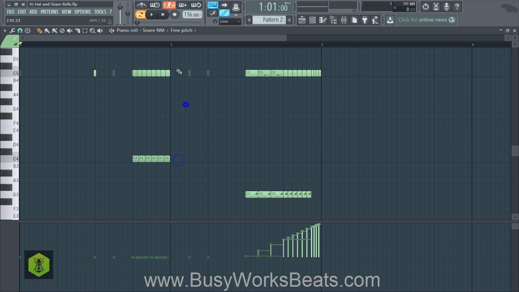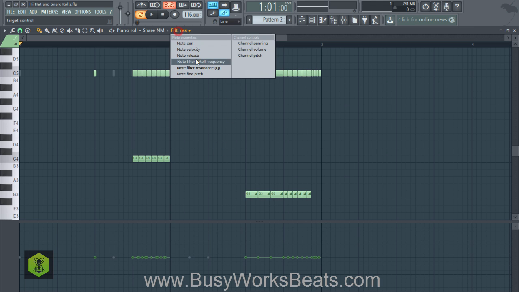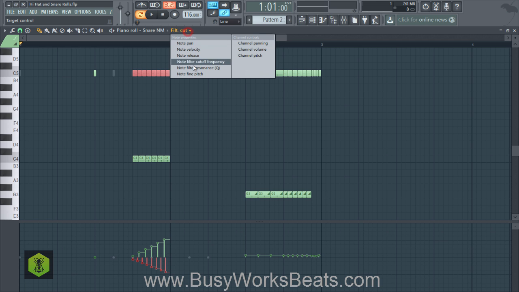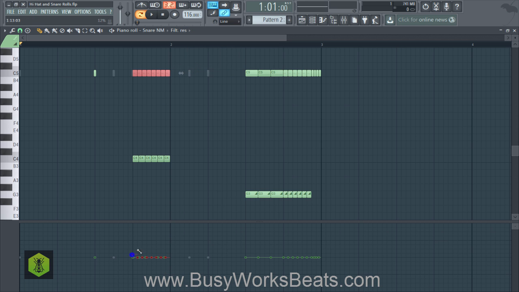What else can I show you here as far as, let's try resonance. So resonance is pretty much an EQ point at the filter cutoff. So right here on this top section, I'm going to increase the resonance over time while the filter cutoff's going down. What you're going to hear is a frequency sweep because of the resonance going up. You heard it go, okay, that's the resonance. And I'm going to keep it at a steady volume. That's pretty cool.